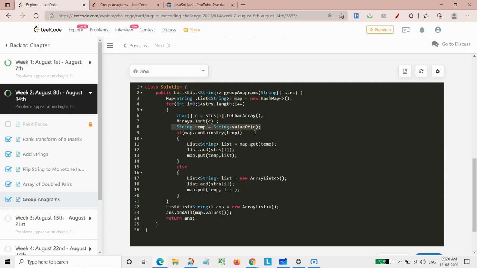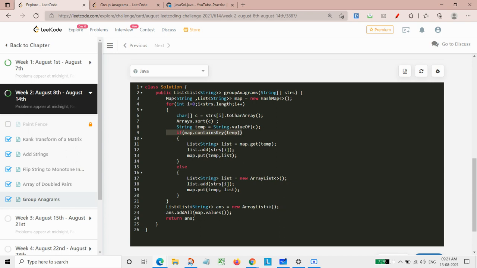Now in the map part, if temp is already there, meaning that sorted key is already there, then we will first take the value of the temp, and then add the original string into it, so that the grouping could be done. We'll add that to our map and also to our string.